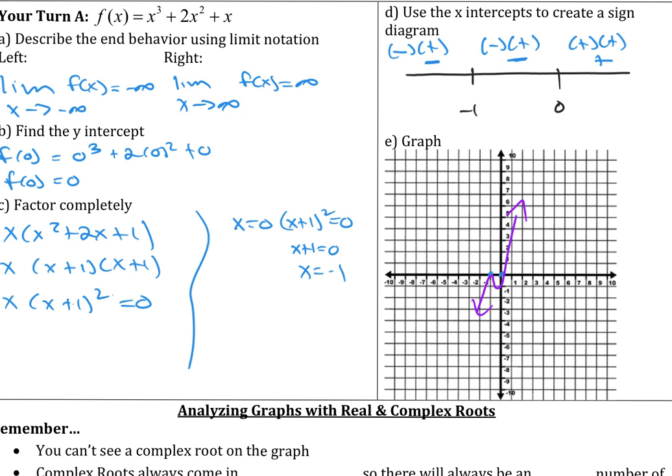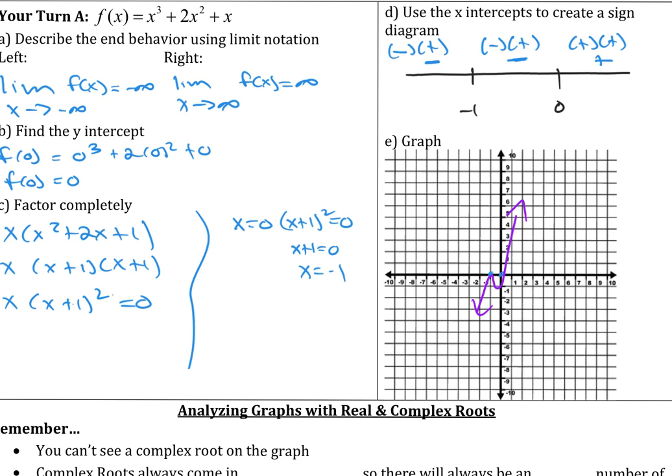To find our x-intercepts, we factor completely. Start by taking a GCF, and then we factor the x squared plus 2x plus 1 to be x plus 1 times x plus 1, which leads us to (x plus 1) squared. That's important because the multiplicity is going to tell us that it bounces off at that zero. To finish solving for those actual zeros, I set the factors equal to 0, and I solved, and I got